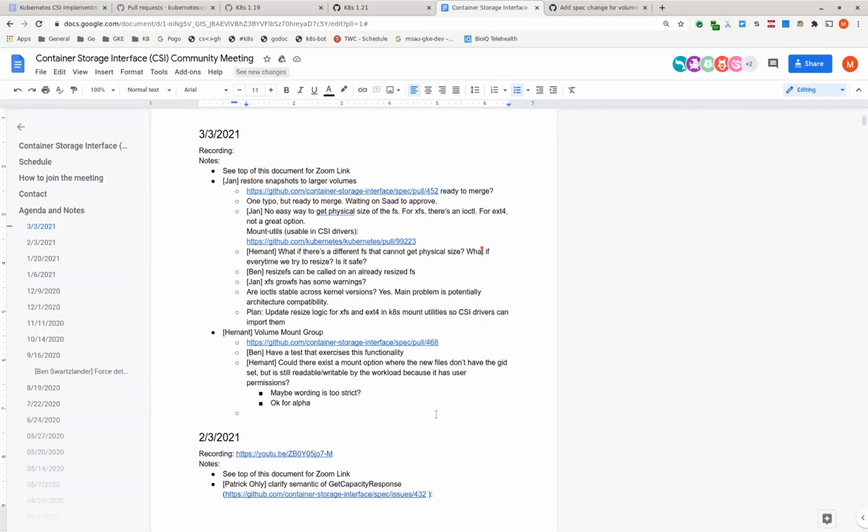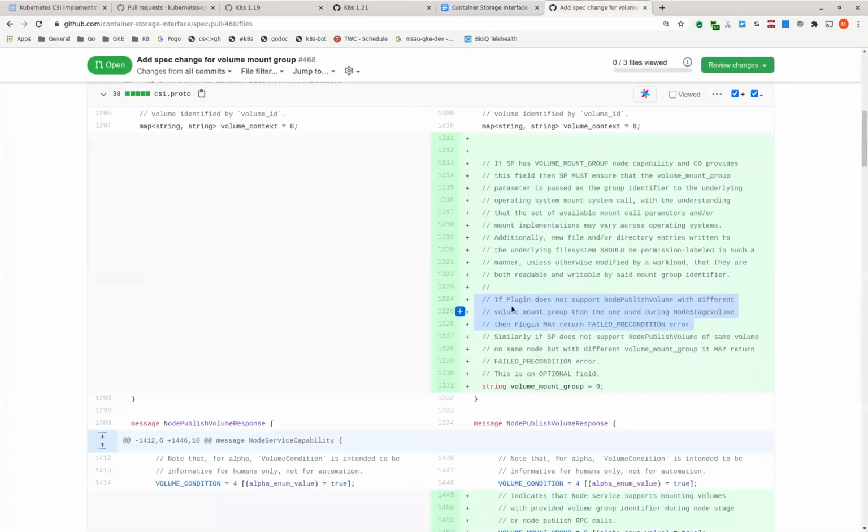I have to think and find the right wording to express the successful condition. You could say something like: a plugin may support this scenario, and if they do, they succeed, or if they don't, then return failed precondition.